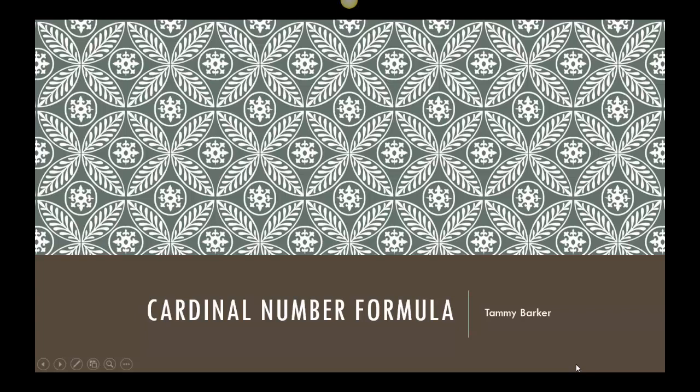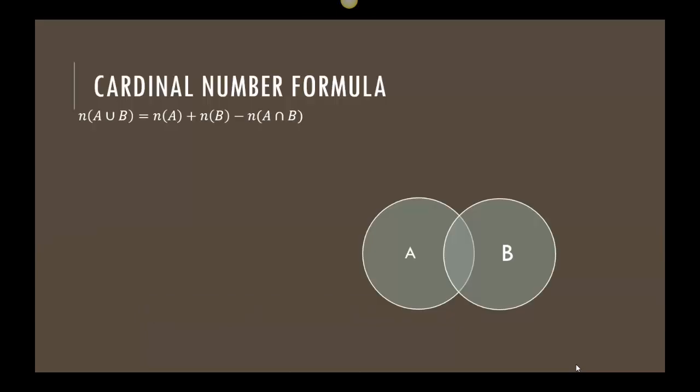To get ready for our bigger survey questions, we're going to start by looking at the cardinal number formula. The cardinal number formula says the number of elements in A union B can be broken up into the number of elements in A plus the number of elements in B minus the elements that are in both A and B. So let's take an example and say, what if I told you there were 20 elements in A,